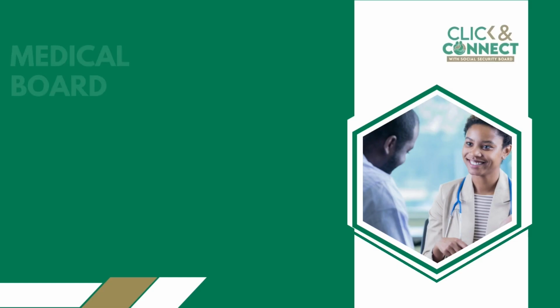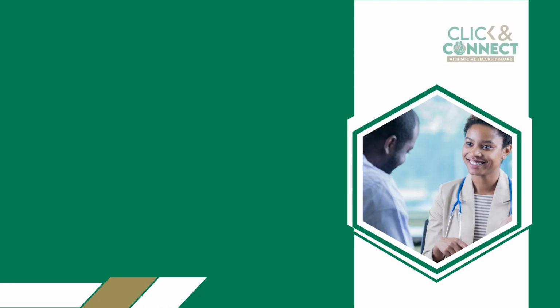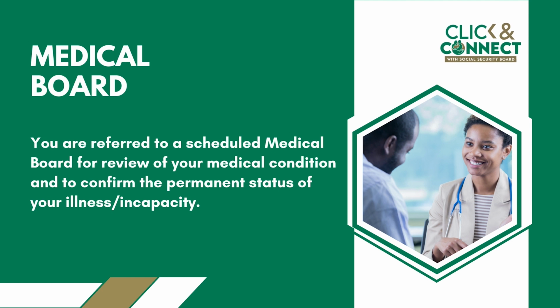After the timely submission of your invalidity benefit claim form, you will be referred to a medical board organized by Social Security. The medical board will examine you to confirm your medical condition and the permanent status of your incapacity. You are to present all medical documentation. If the medical board confirms that you are unable to work due to your chronic disease, illness, or disability, your